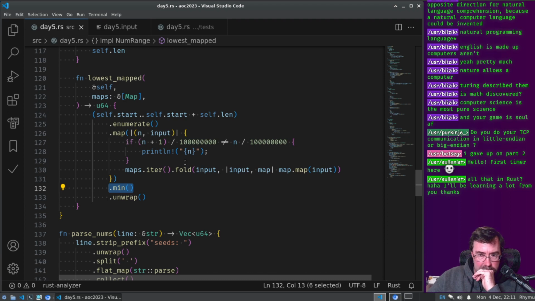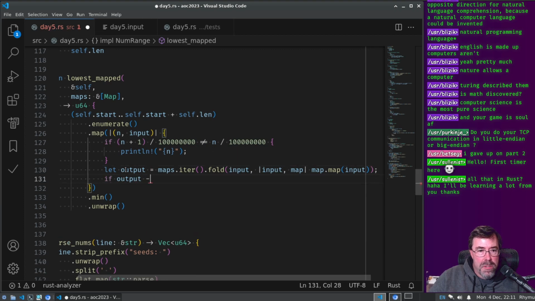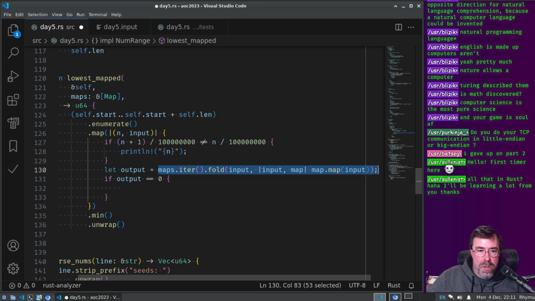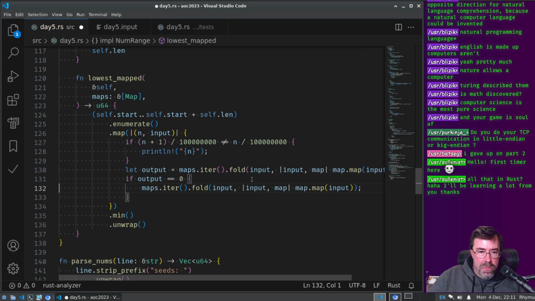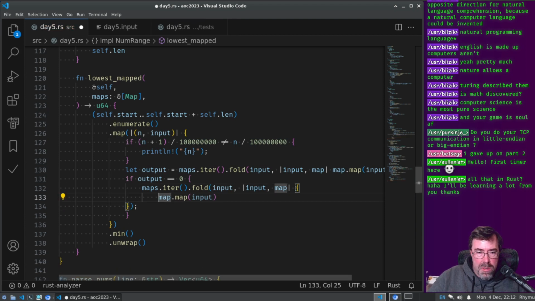So let's do this. Output equals that. If output equals 0, then I'm actually gonna iterate it through, and we'll debug this time. So we'll do a fold again, but we're gonna actually print out stuff this time. I really only need to know the inputs each time, right?